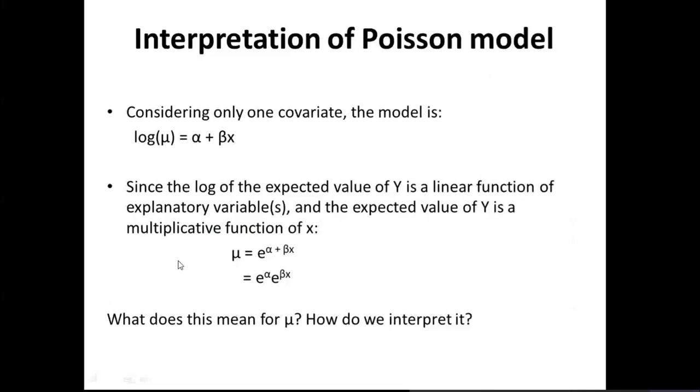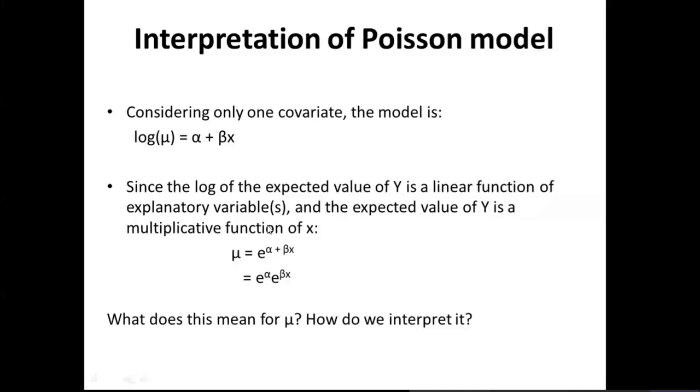So considering only one covariate, or one independent variable, the model is log of mu equals x beta. Written out in detail it is alpha plus beta x; this is the y intercept, whether you call it alpha or beta naught is all the same, no difference. The logarithm of the expected value of y is a linear function of the explanatory variables, and the expected